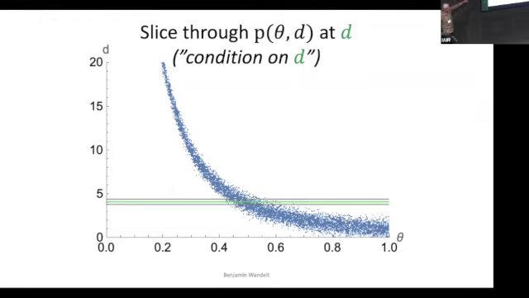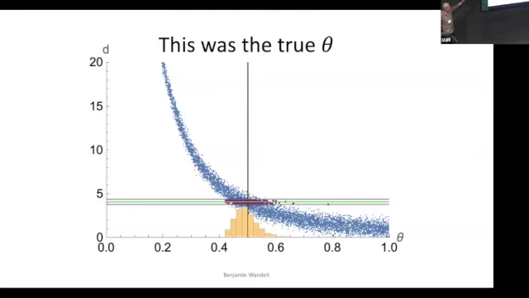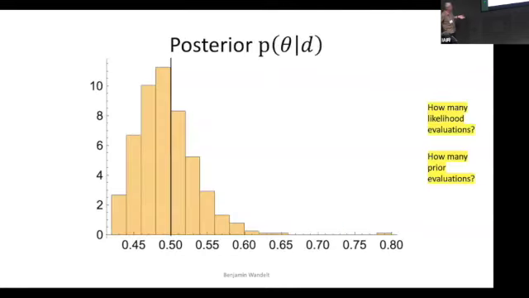But okay, let's count: basically histogram those points that are selected by the data. There they are. Let's count them. Here they are. The true theta that I used to generate the data set was that vertical line, so it's covered by this posterior distribution. And so here's the posterior. That's Bayesian inference in a nutshell. Every Bayesian inference works the same way. It's just in higher dimension, and with different methods.